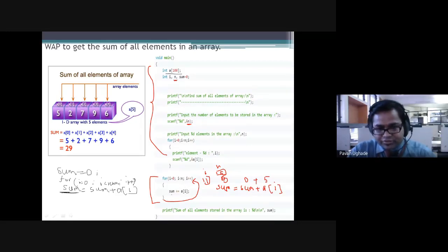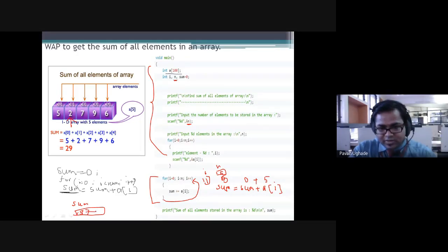So sum equals sum plus, now next time the sum is not 0, it is 5. Sum is holding 5, so sum plus a of I, where I is 1. Now a of 1 is 2, sum is 5, 5 plus 2, now the value is 7.